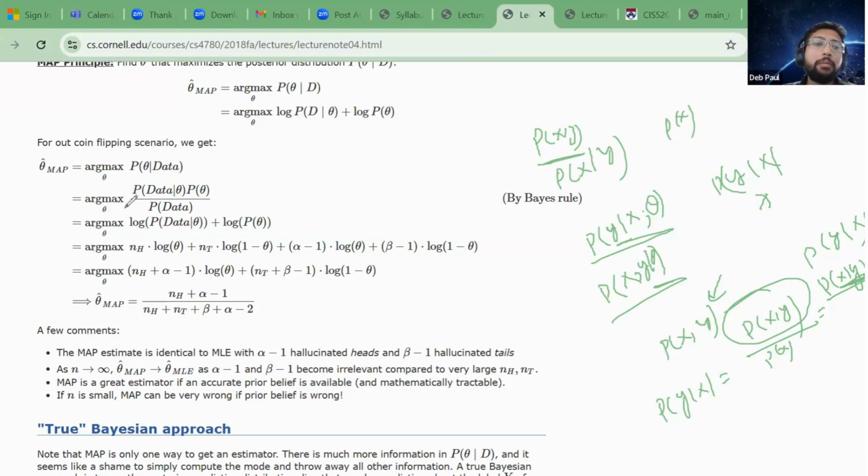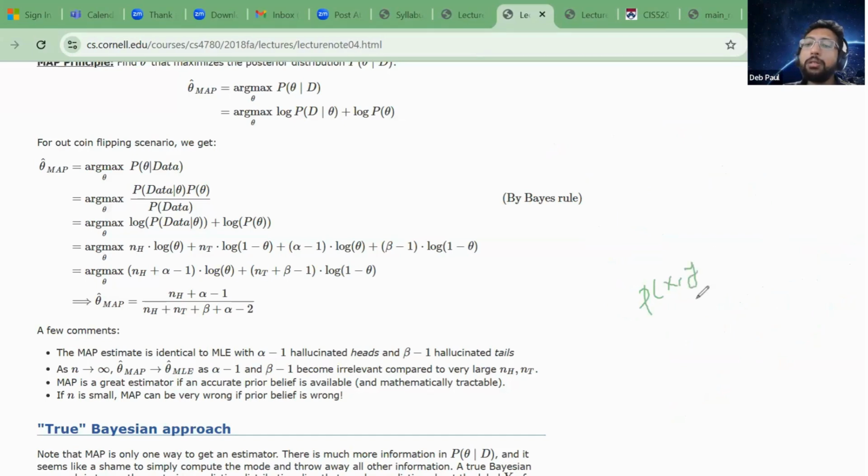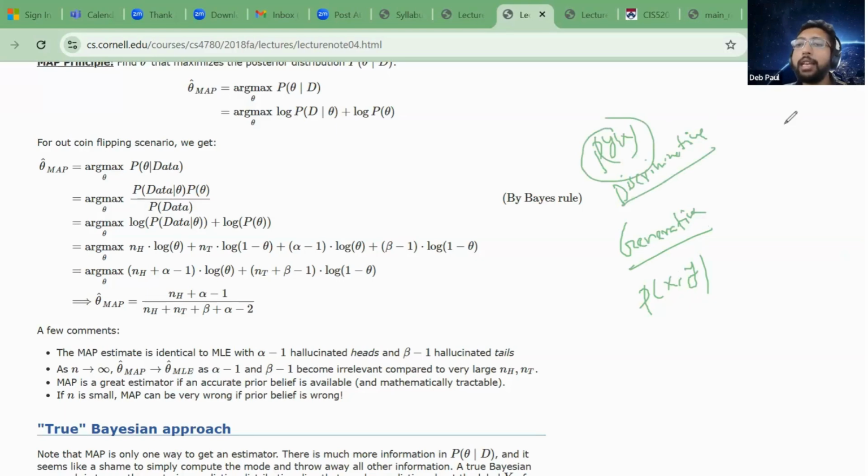Because I can model the full distribution, the joint distribution, I can generate data. So that's why it's called a generative framework, right? Because it has the power to generate new data, right? The other one, which is just modeling p of y given x, that is called a discriminative framework, right? So the only thing is that here I can directly estimate.